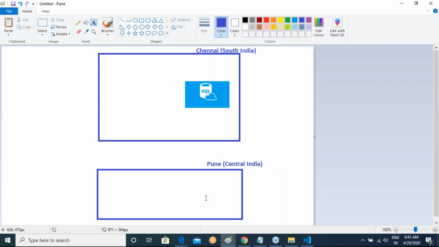So what Azure tries to tell is, for these kinds of activities, let us assume that it is not Azure, it is your office. You have one SQL server in your Chennai office and you want the same data to be synced with the office in Pune. Generally what your DBA does is, here also he will create a database and then he will configure some rules between this database and this database, and he will raise a request to the network team saying enable some sort of connectivity between these two regions. That is generally how it goes.